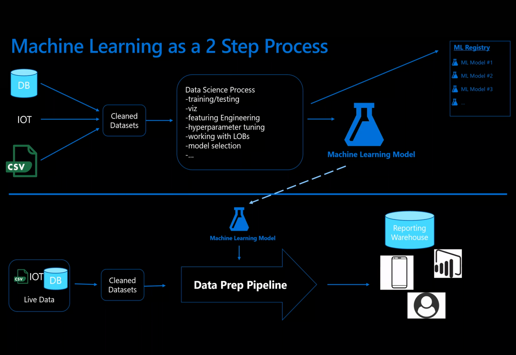I like to show this slide that I hacked together when I'm thinking about machine learning. This is something that a lot of you probably know, pretty common sense to you, but machine learning is a 2-step process. You have the step above the line where you're taking data and cleaning it from disparate data sources. This box in the middle probably doesn't do justice to the process, but you're training, testing, doing different visualizations, building models, working with the business, and then hopefully eventually spitting out a model. The idea is to get to something that's valuable.